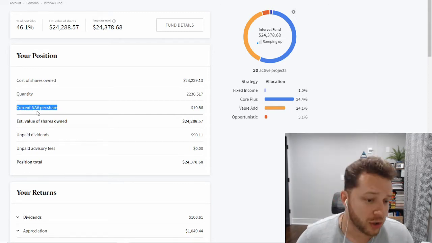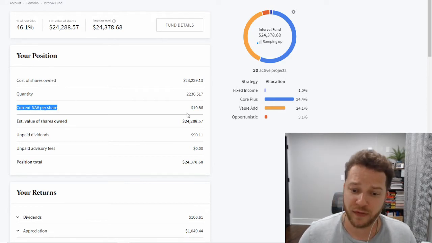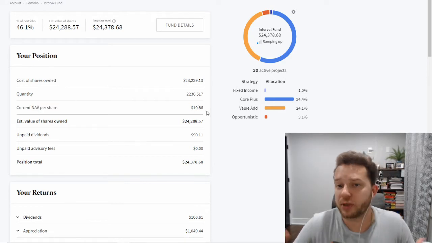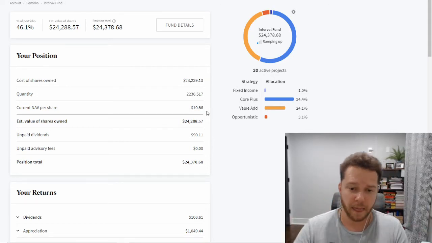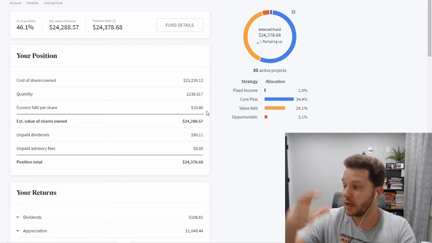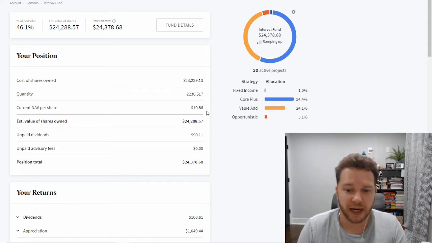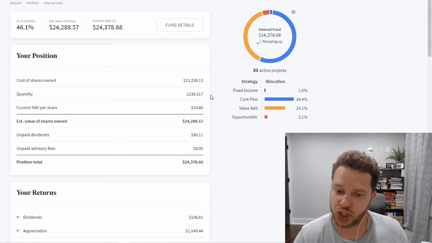It says current NAV per share. Now, NAV stands for net asset value, right? So this is the price per share. Kind of like you could imagine you have an Apple stock and the price of one share of Apple, let's say it's $100, and then a year later it's $150. It's the same thing. This is what this is, current net asset value per share. Currently it's